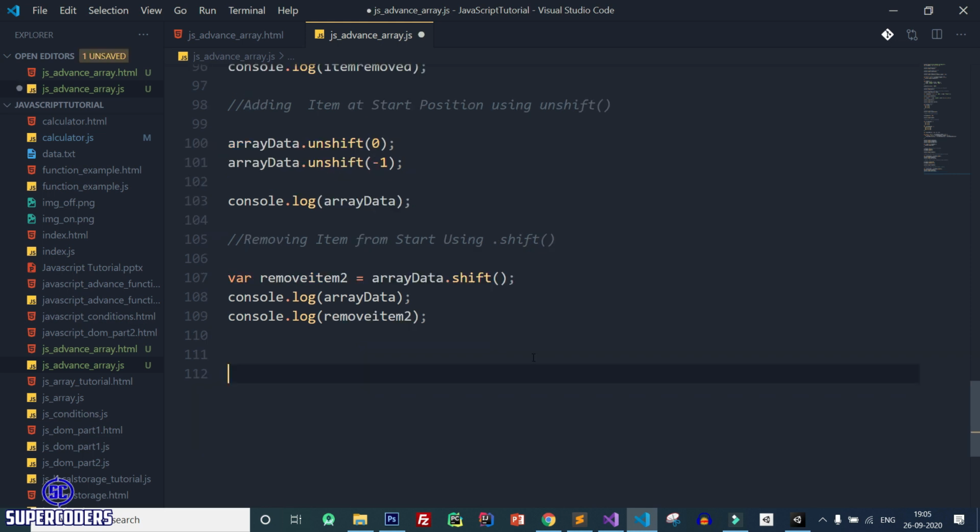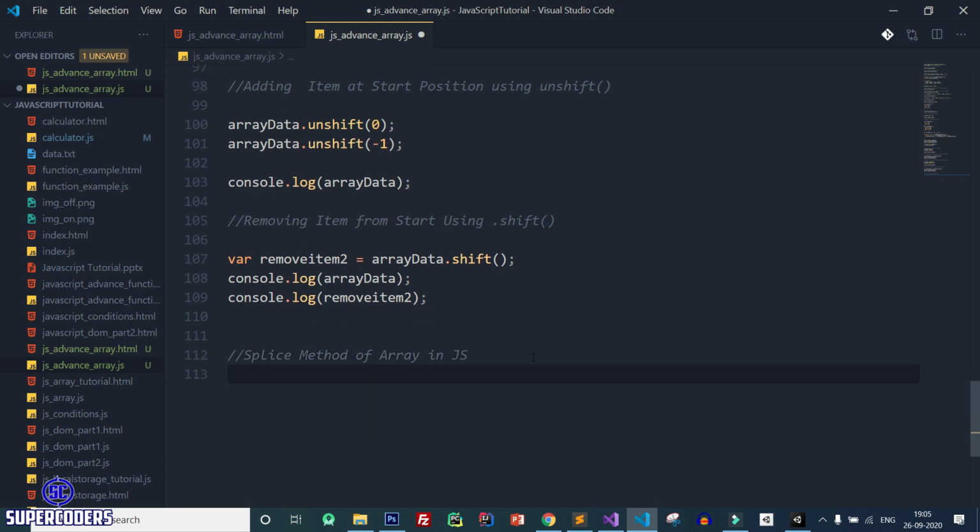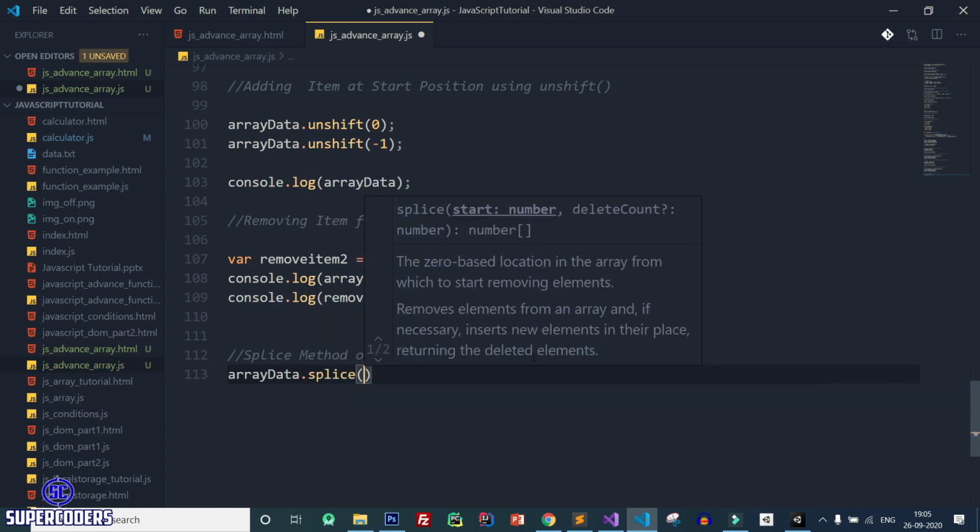Now let's see the next method, which is the splice method of array in JavaScript. So let's see, you want to use the splice method, so array data dot splice. After that we need to pass the start number.